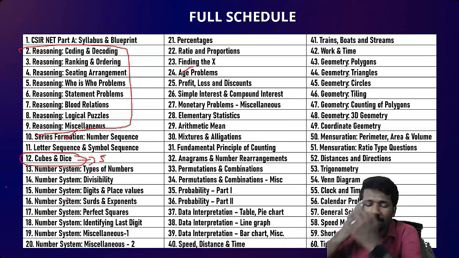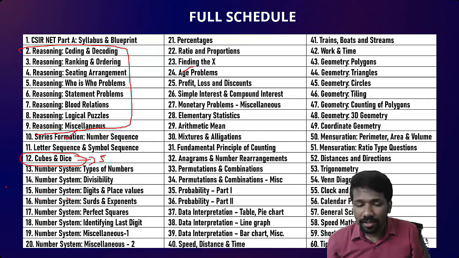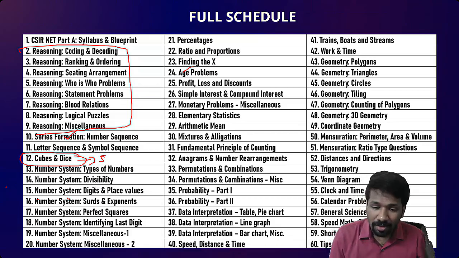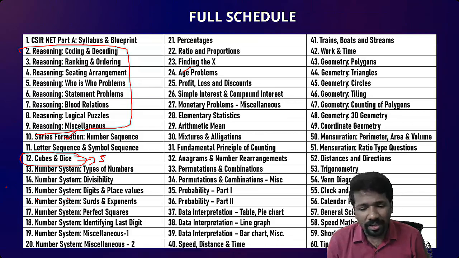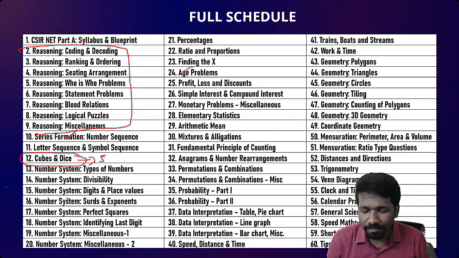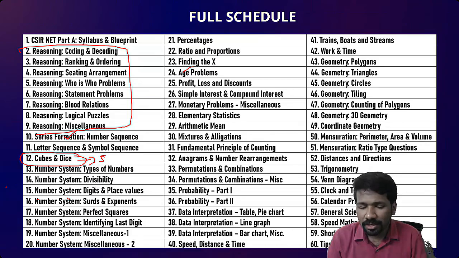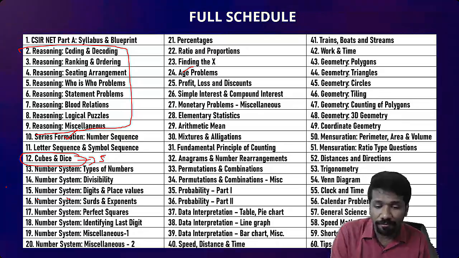So be clear about all chapters, so that in the exam hall you have the superpower of choosing the right question. If you are choosing half of the chapters only, you also have half of the questions to try from, और उसमें भी half का half question difficult होगा, क्योंकि CSIR confirm they will add it, the difficulty level of all questions won't be the same. From my experience of teaching the last 10 years, what I have seen is every question paper में 7 to 8 very simple questions होता है, 5 to 6 moderate level questions होता है, 7 to 8 difficult questions होता है. ये 7 to 8 questions को identify करना बहुत ही important है.